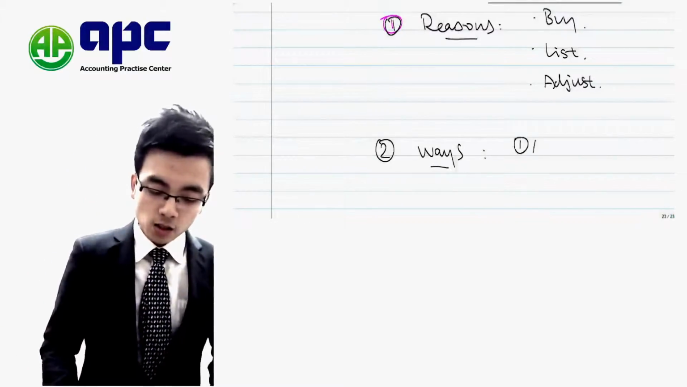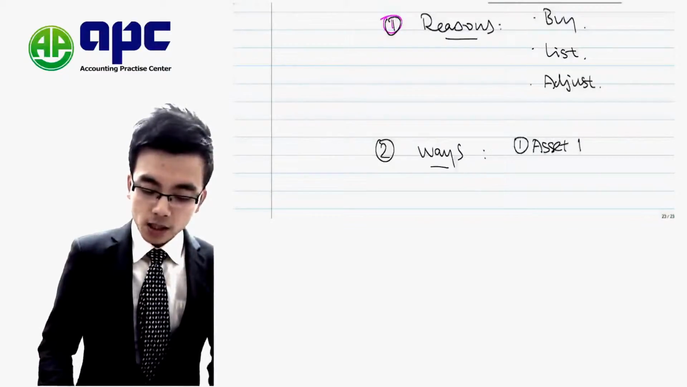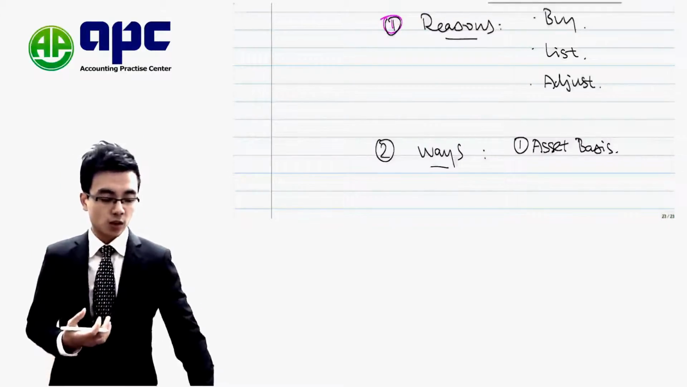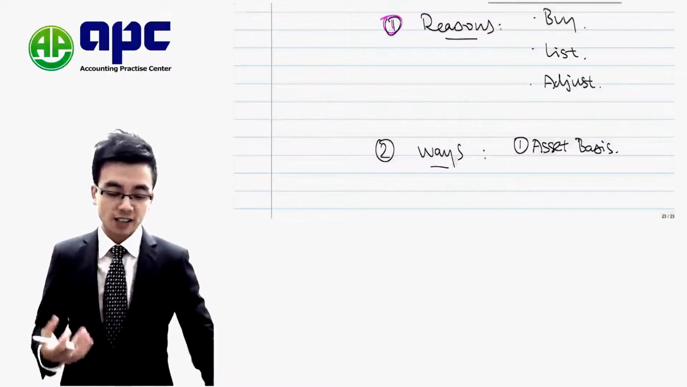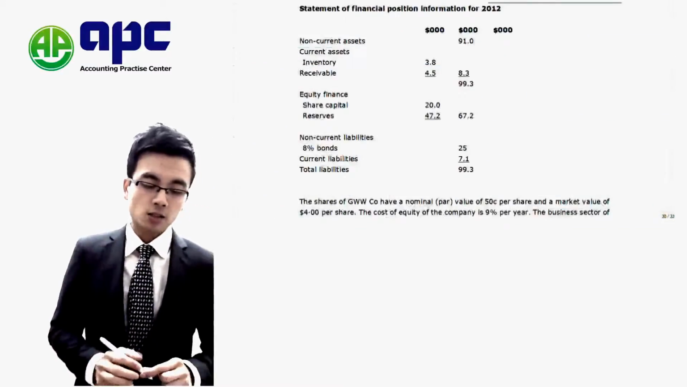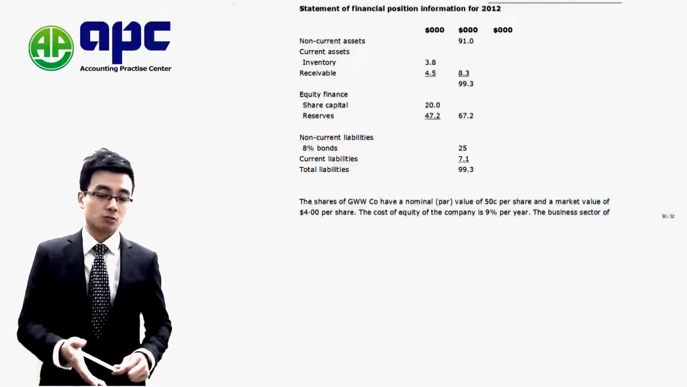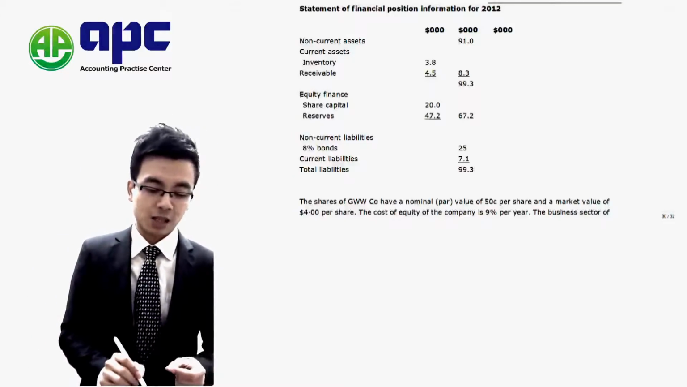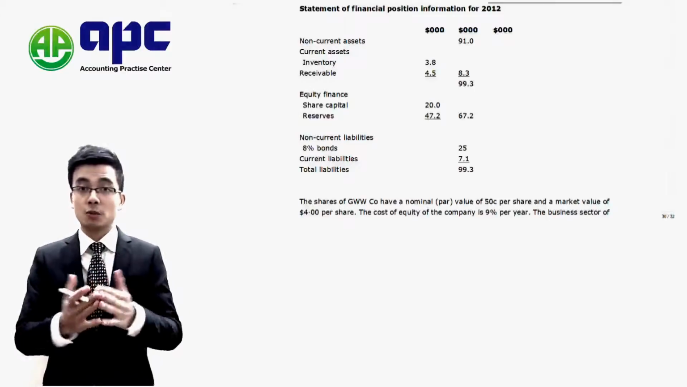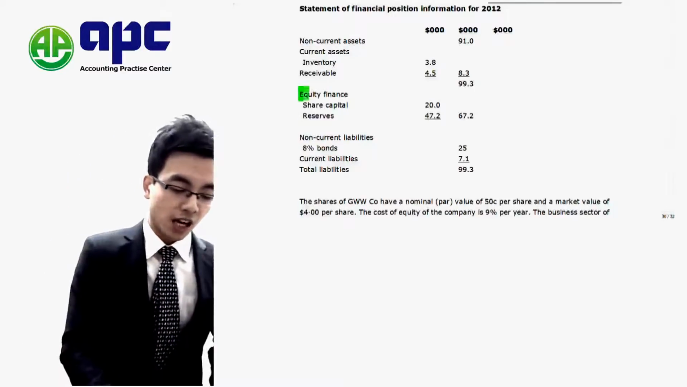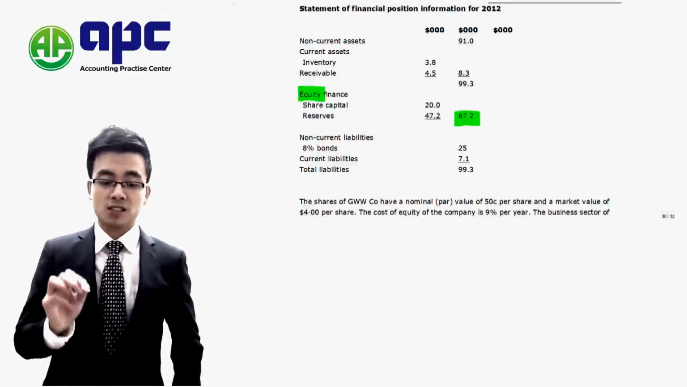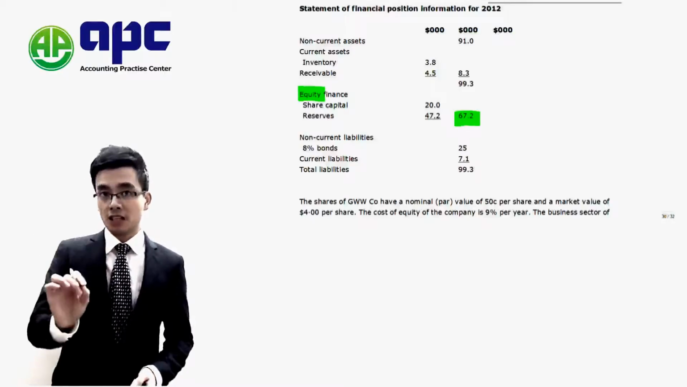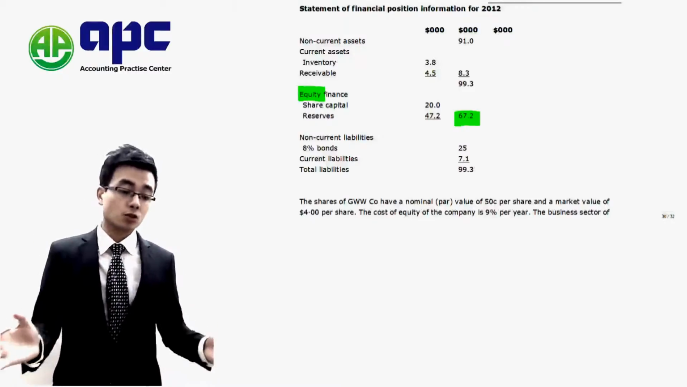We can firstly use the asset basis to value a business. Quite interestingly, what we need to do from a shareholder's perspective is directly take a look at the SFP. So here's the SFP for the sample company. We've got the SFP for the asset, equity as well as the liability. So what we need to do from a shareholder's perspective is directly take a look at the equity figure of 67.2, and that 67.2 would be the minimum value of the company, because it shows all of its